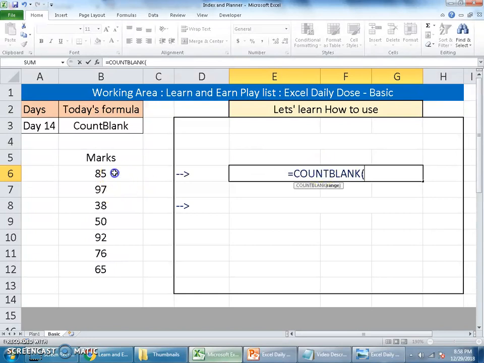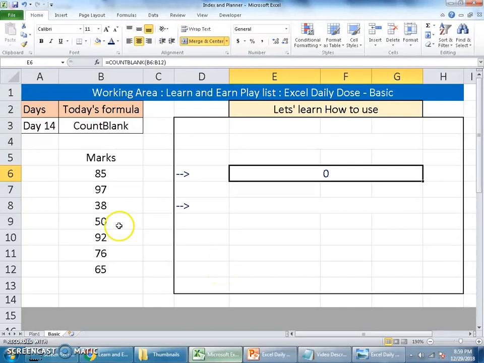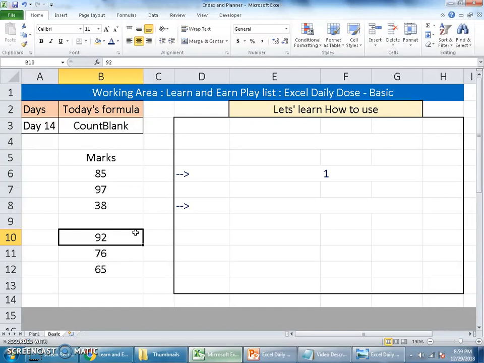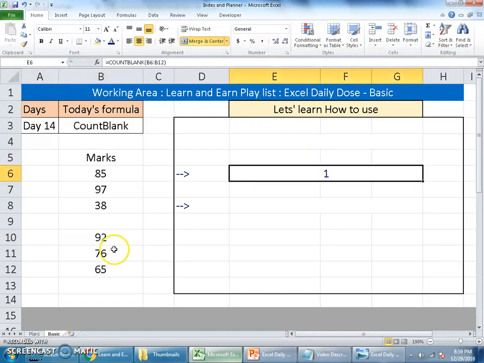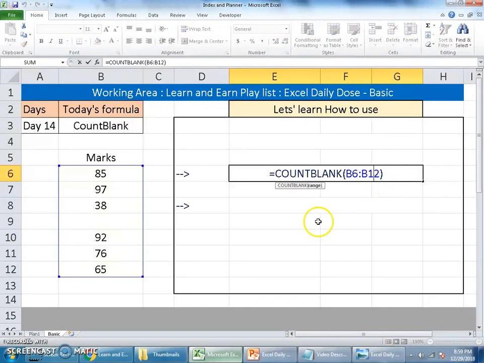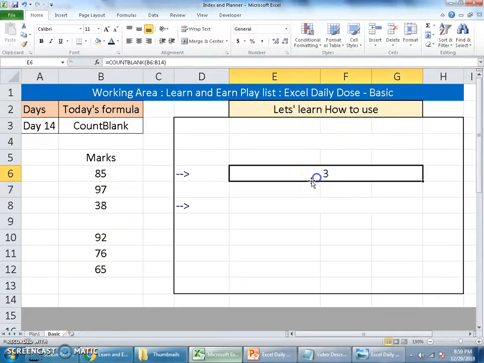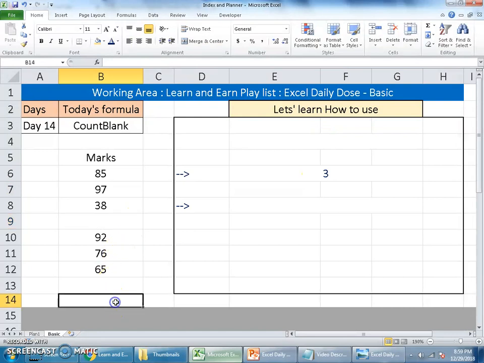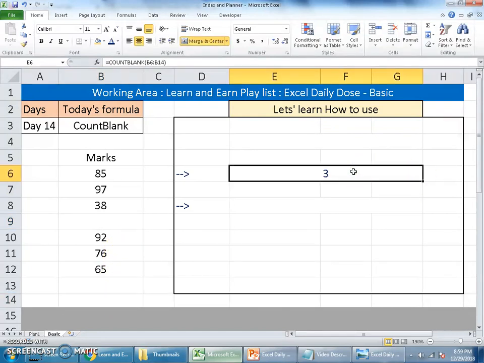Right, so referring to these cells, I have only referred to those cells where there are no blanks, but let's see. Yes, it says there are 0 blank cells. If I just take out one from here, it shows one blank cell, which is here. Let me increase this cell reference. It says 3 blank cells, 1, 2, 3. Got it? So you should be very careful in choosing which function you need based on your